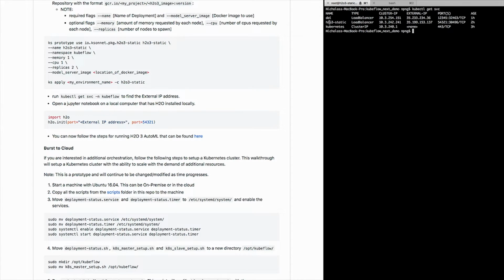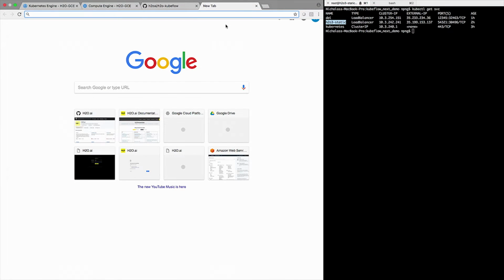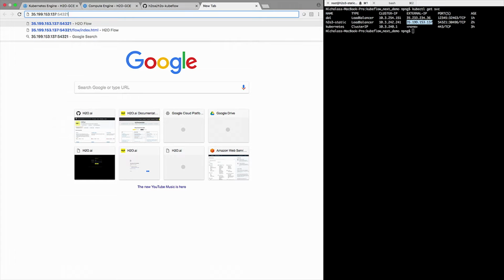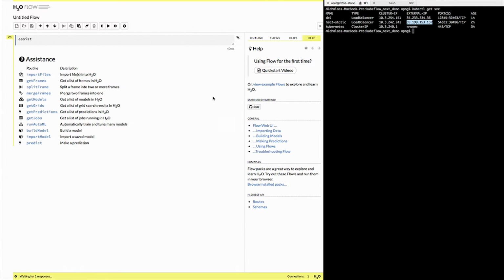Now we're going to go quickly first to the H2O deployment, and this is H2O core. If you go to the external API in the load balancer, and it's just HTTP and then 54321, which is the exposed port, you can see that this is H2O Flow. This is actually what Vinod was talking about earlier. This is our simplified GUI.